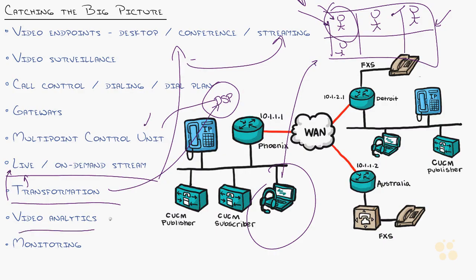Video analytics. This is the building block that allows you to do pretty cool things with a video as it's happening. It typically will be combined with video surveillance or live stream, on demand stream, those kind of things. Essentially analyzing what's going on. For instance, you might have a video pan going across the stadium, and you have an analytic device that is counting the number of people that are there, because it can actually distinguish from the video the differences between the different bodies that are there, or you can tell whether a person is smiling or frowning,